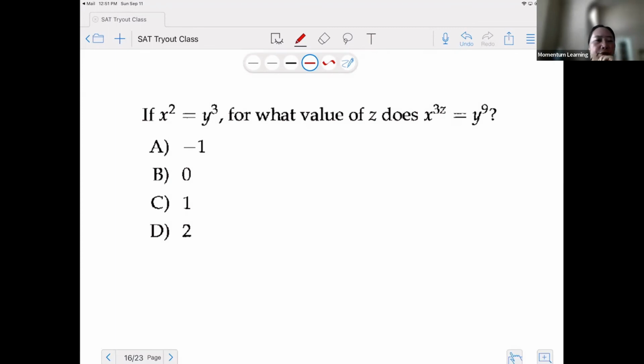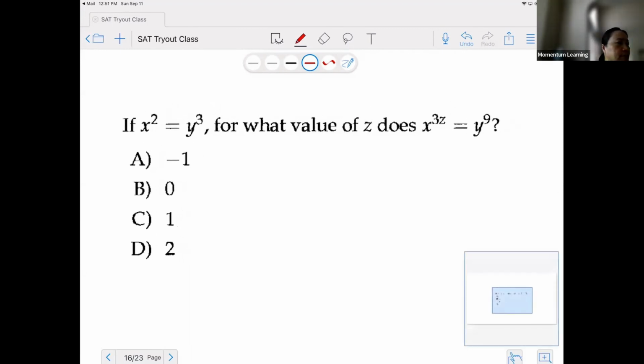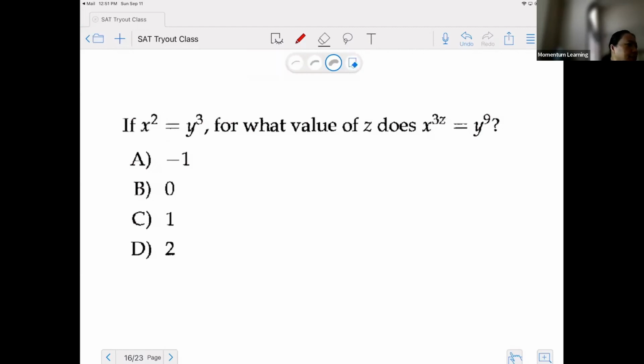Okay, very good justification here. Let me go over the strategy. This looks to some students probably just all over the place. I have a square, I have a 3z. What happened? It doesn't seem you can solve it quickly. But if I look at y cubed and y^9, I actually know I can do something with that. So if I cube both sides,